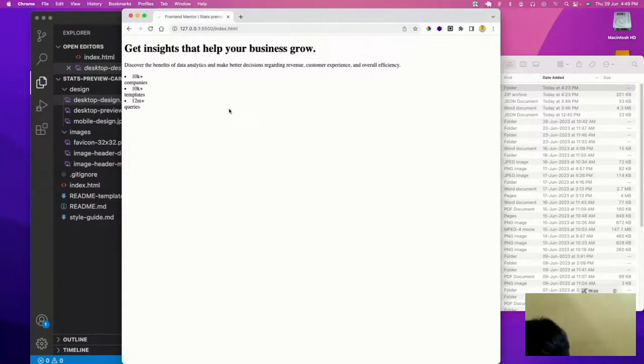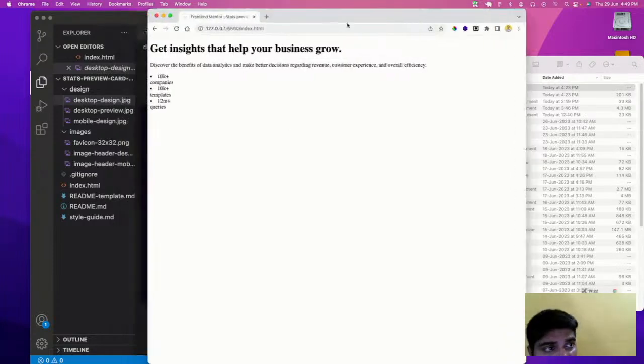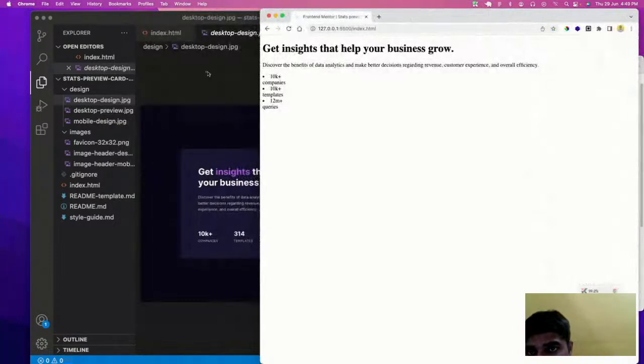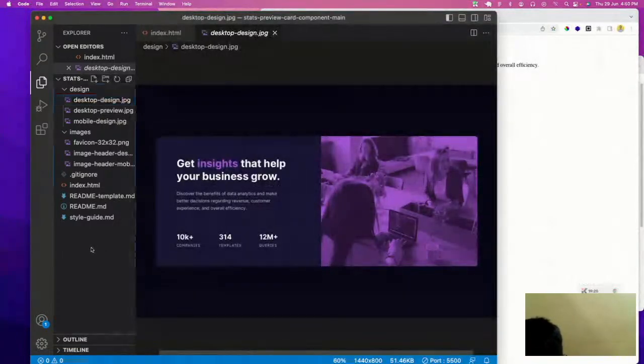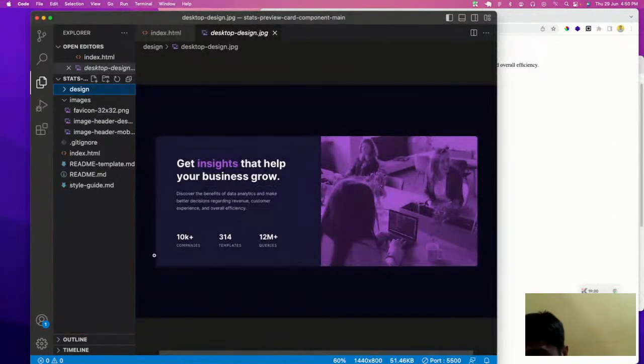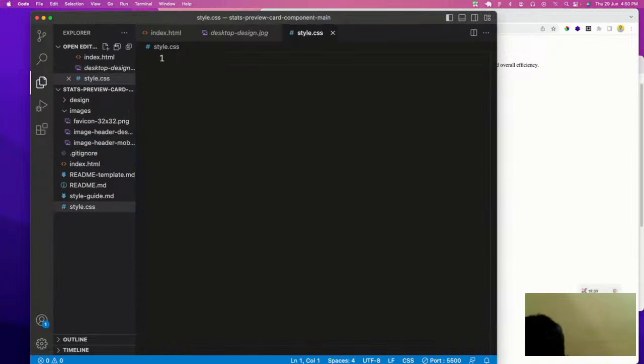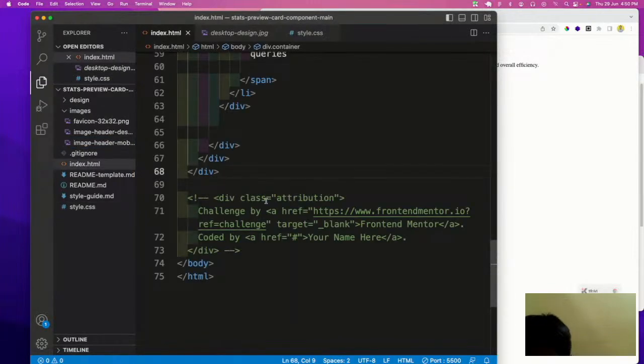Now this much is what we have created for the HTML part. Now what we are going to do, we will switch to the CSS part. So for this, let us first create style.css